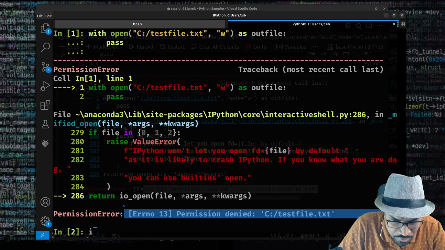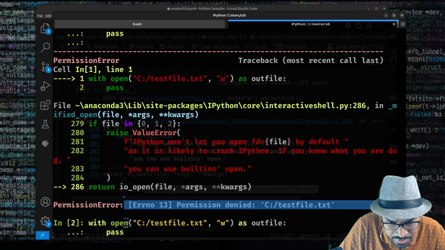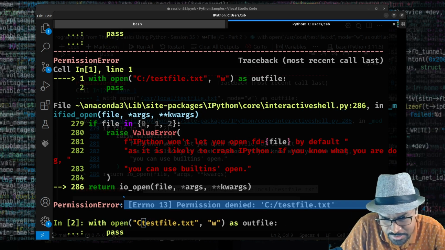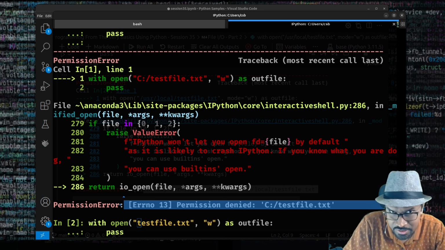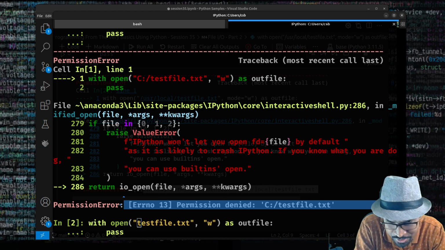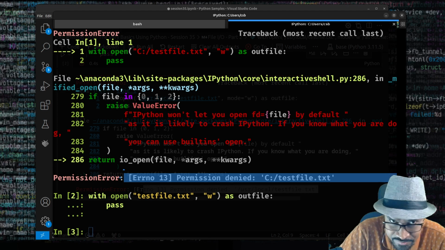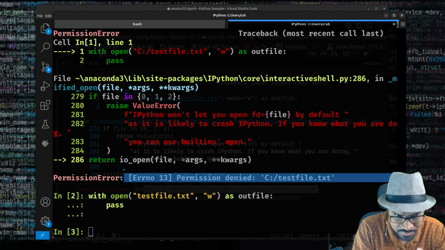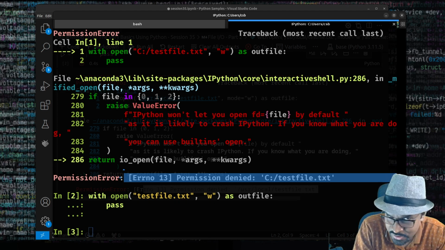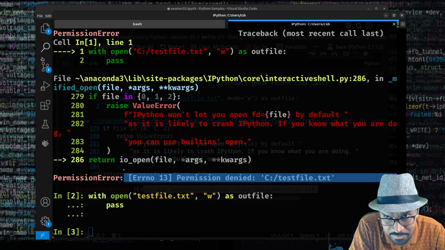So if at all I try to create a file, however, in the current directory, let's say just testfile.txt, it will create in the current directory. The current directory, I guess, is C:\Users\CSB, which is what I've logged in as. So it'll create a file there. No errors. I mean, the errors and the way it works are all the same. The paths might vary, right? That's what you should know. Now coming back here,